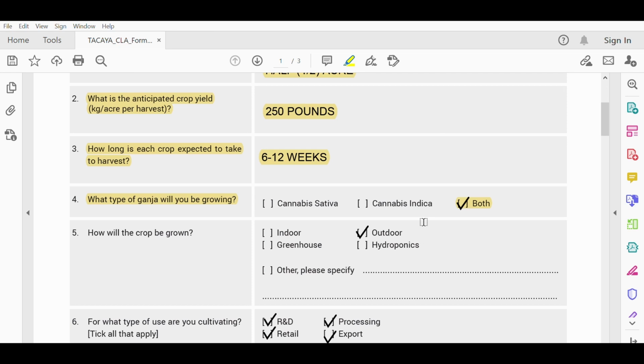Now, say for example your license is issued for outdoor cultivation. You cannot just start cultivating in a greenhouse without notifying the cannabis licensing authority and having them come and do an inspection to ensure that it meets the compliance requirement. We can talk further about that if you have any additional questions by just giving us a call. Again, our number is